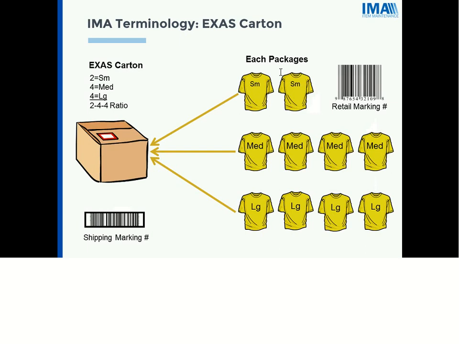Well, I'm not a new vendor. We've been selling to Kmart for a while now. It's just that I've been put into a position where I have to handle the IMA, so that's why I'm doing the training. In regards to the exploding assortment carton, we sell in a 1-2-2-1 ratio, which is small to extra large. And with this shipping marking number, is that supplied to me by Kmart because that's who we're selling to, or do I have to give them one?